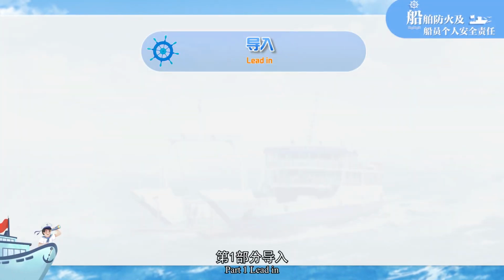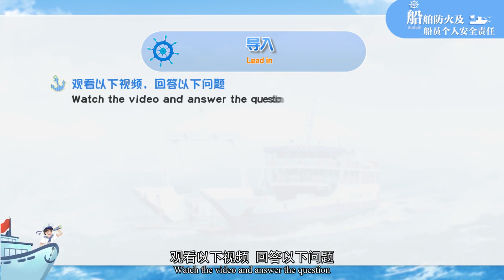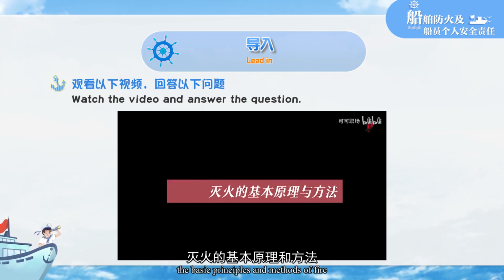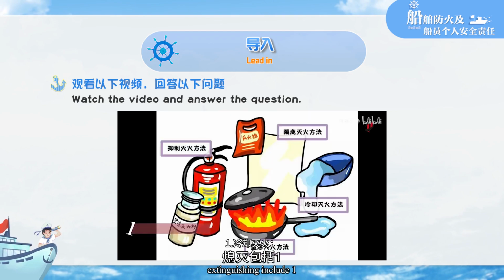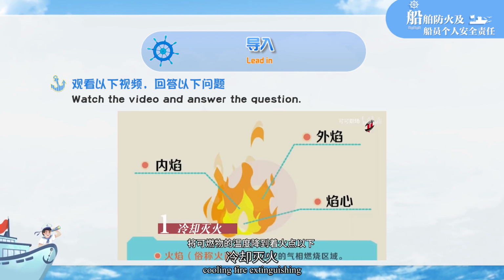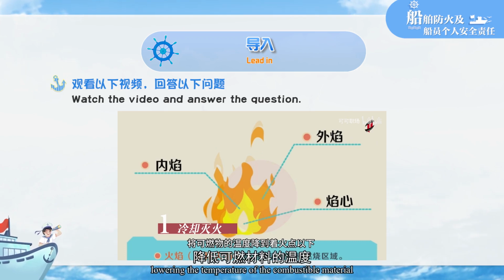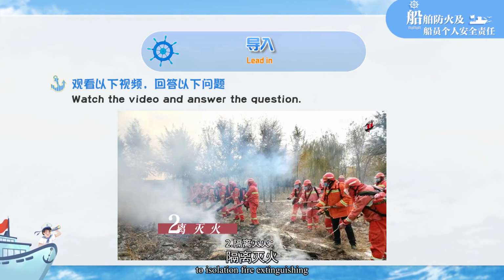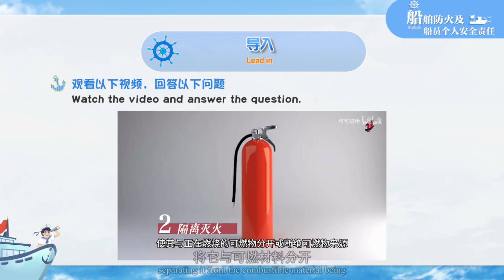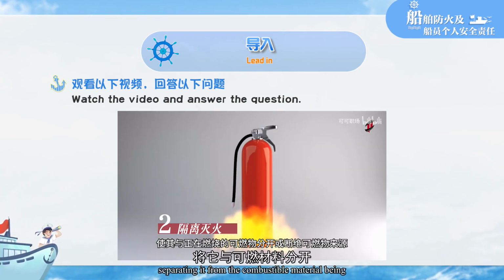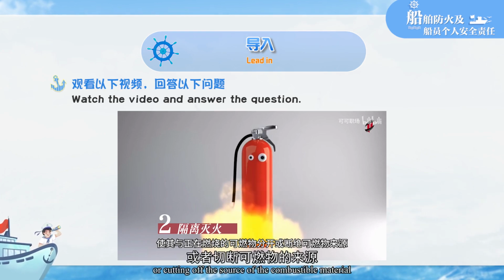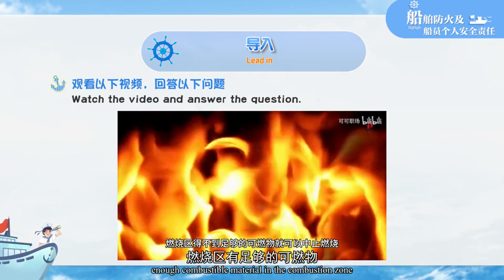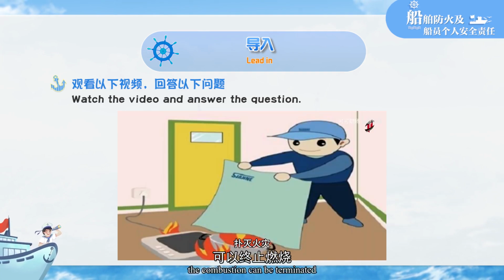Part 1. Watch the video and answer the question. The basic principles and methods of fire extinguishing include: 1. Cooling fire extinguishing, lowering the temperature of the combustible material below the ignition point, and the combustion will stop. 2. Isolation fire extinguishing, separating it from the combustible material being burned or cutting off the source of the combustible material. If there is not enough combustible material in the combustion zone, the combustion can be terminated,